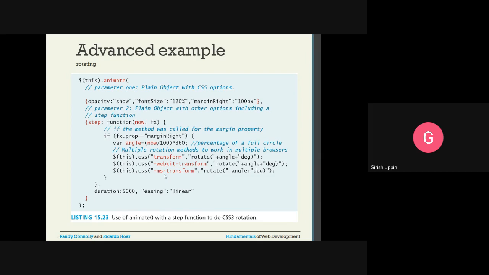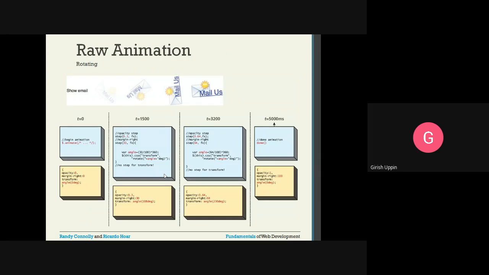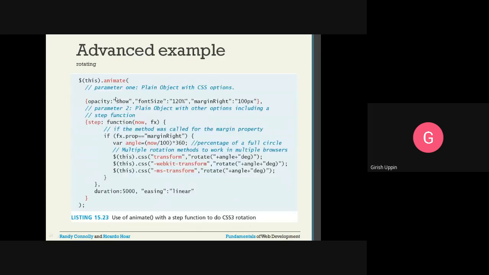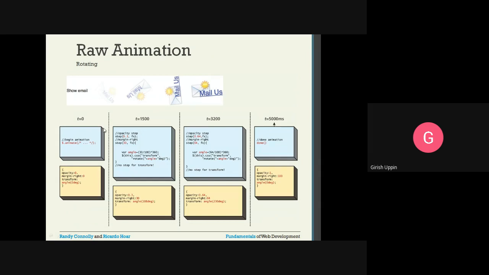This is the animate function with the step function, and it basically mimics the rotation. So rotation like this. Okay. This code, you need not worry about the too many details of this code. If you understand generally how this kind of animation can be implemented, this is the sample code we can use to make a particular element rotate. You can see based on the time.